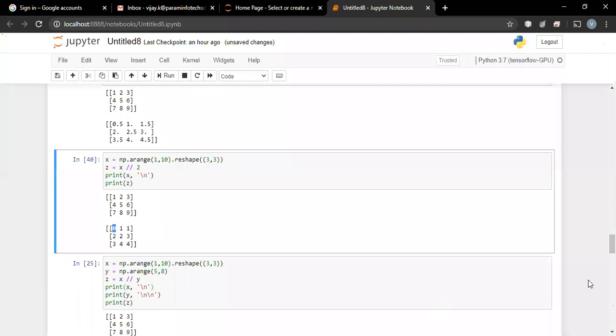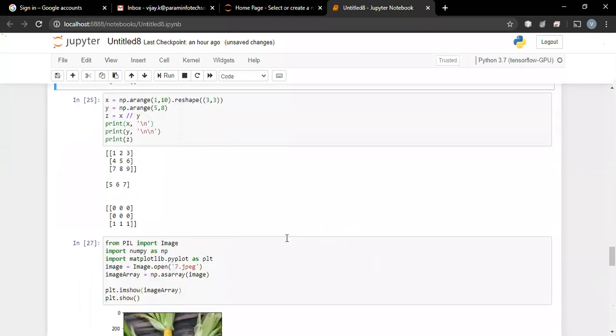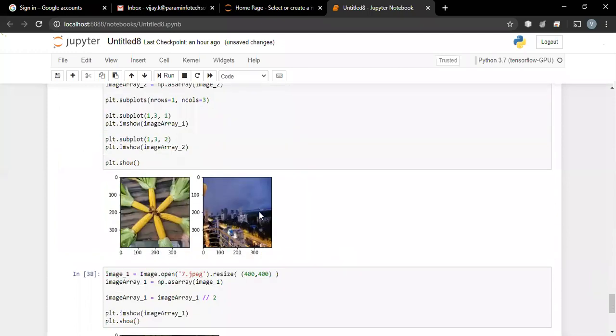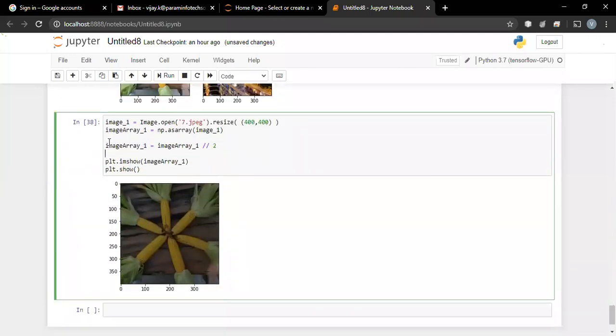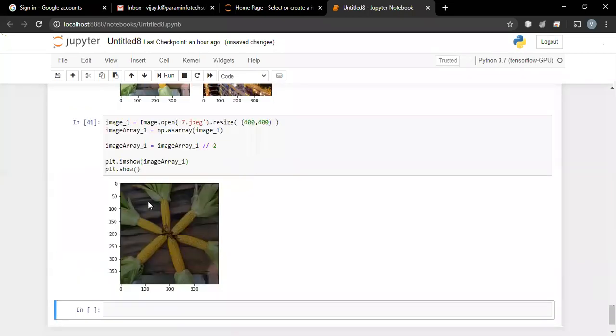If it is 1.6, it will keep only 1. Any part after the decimal point is eliminated to convert that floating point number into an integer. That's why the image array is now an integer array, and that can be displayed over here.